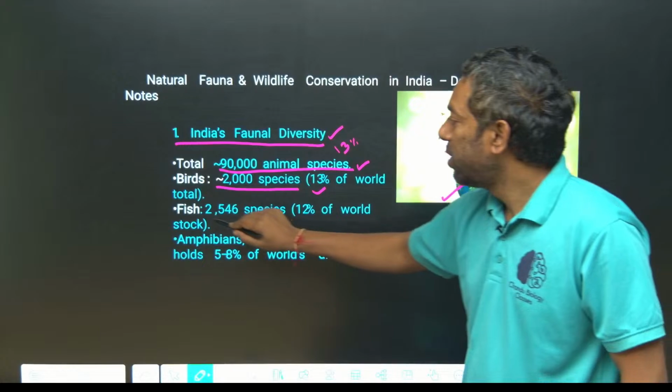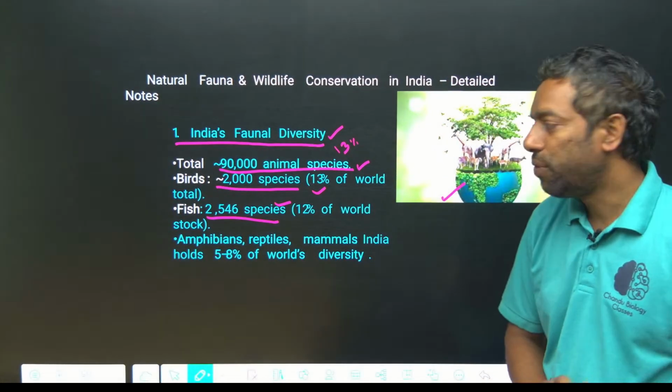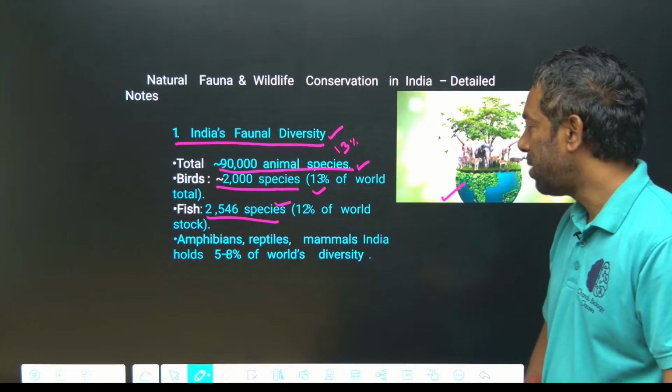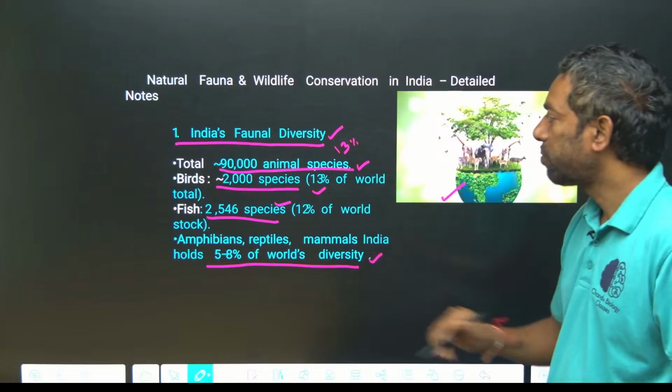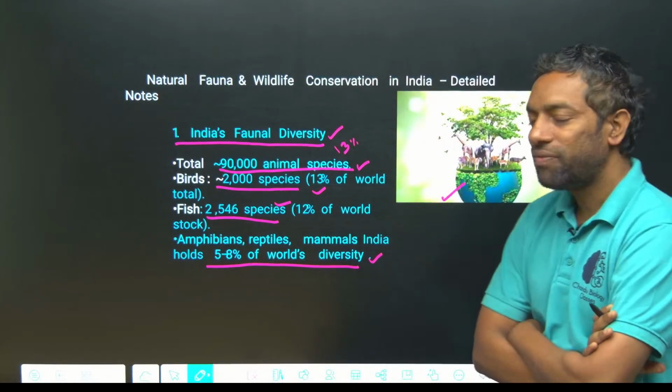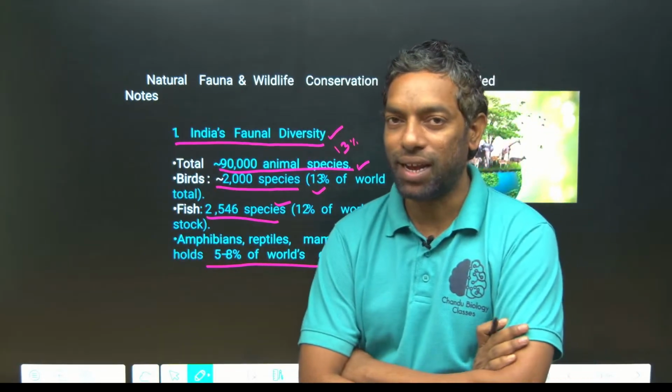And fishes 2,500, 12%. Amphibians, reptiles, mammals in India hold 5 to 8% only. Birds are 2,000, fishes are 2,500, so fish diversity is higher than birds.